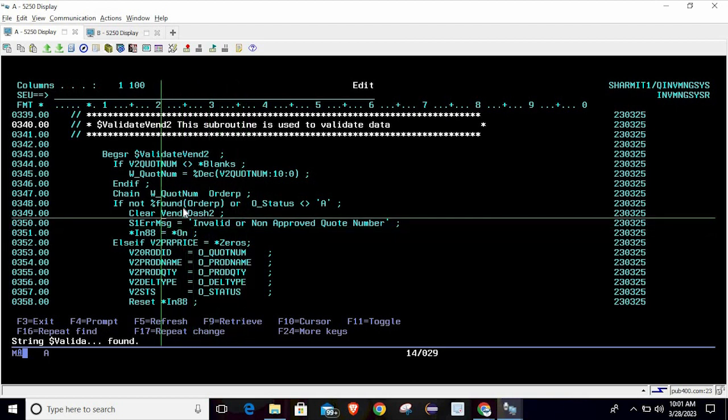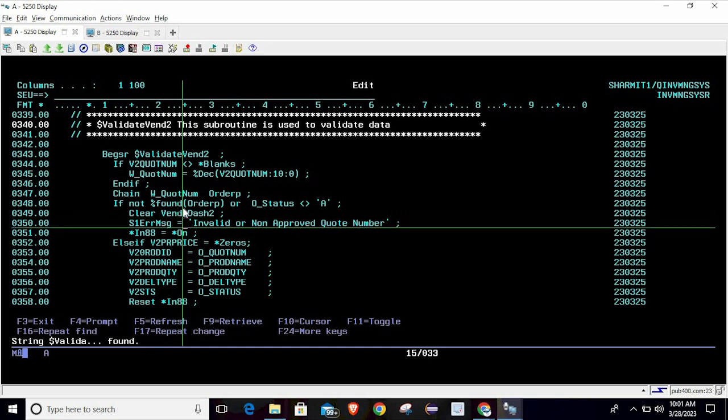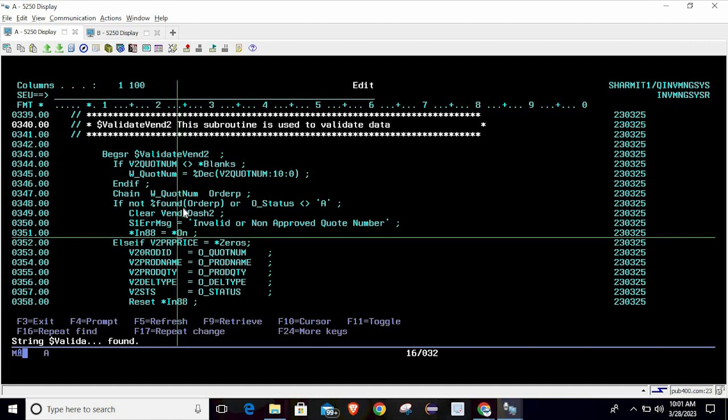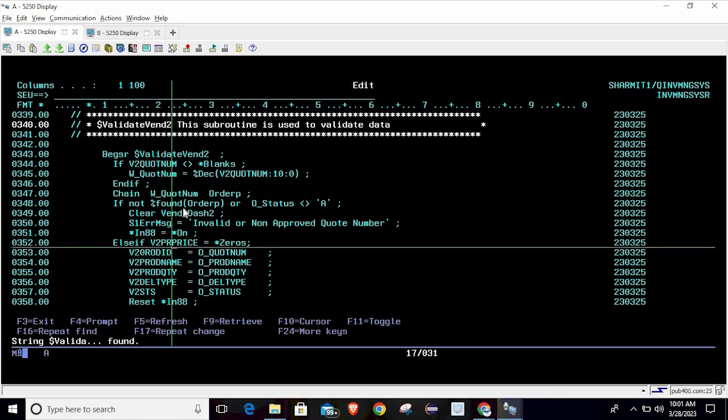Okay, before that we are clearing the vendor dashboard 2 again, and then we are populating the message invalid or non-approved quotation number, and then we are turning on the indicator star in 88, which is for reverse image. Else if, what we are doing, if v2 per unit price is 0, in that case